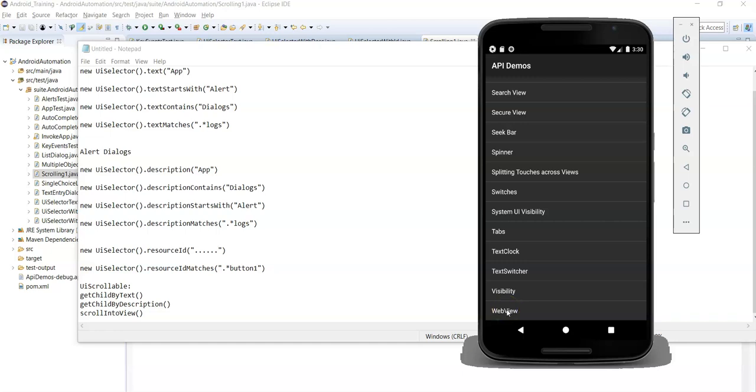And third parameter is the actual text attribute value of this child element. Now let's see how to pass the UI scrollable object with get child by text using these three parameters.